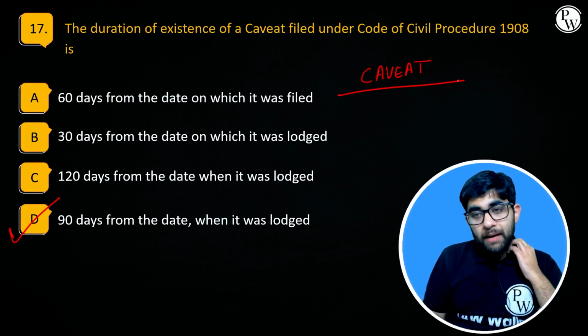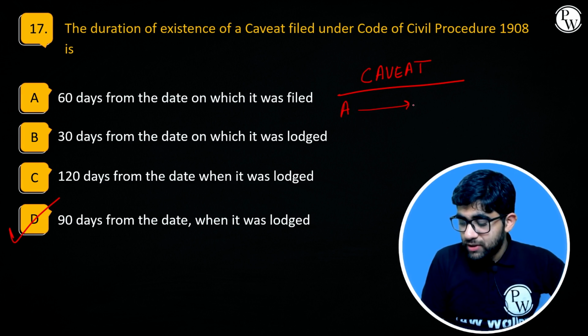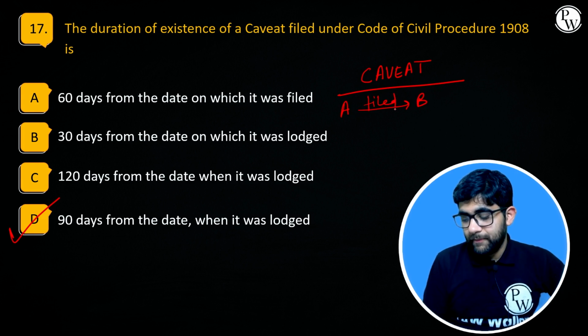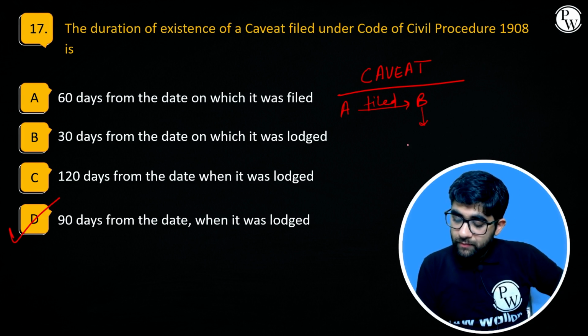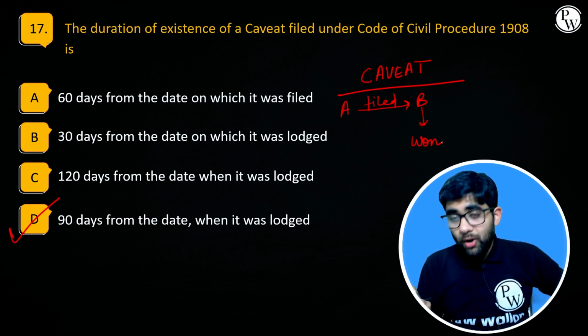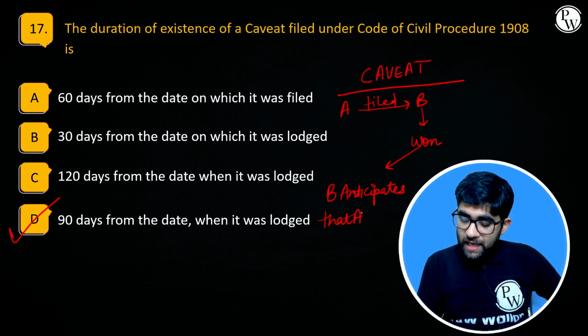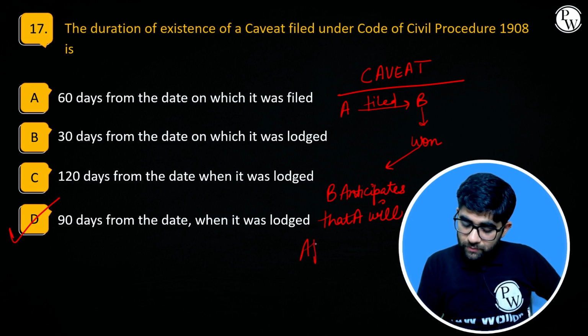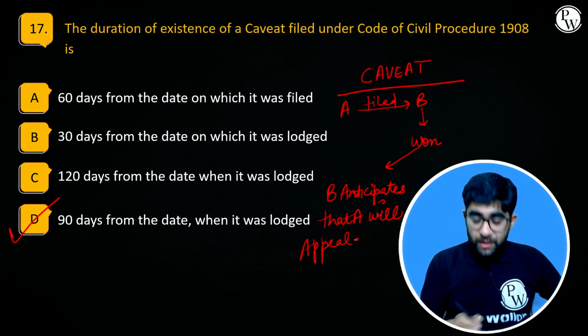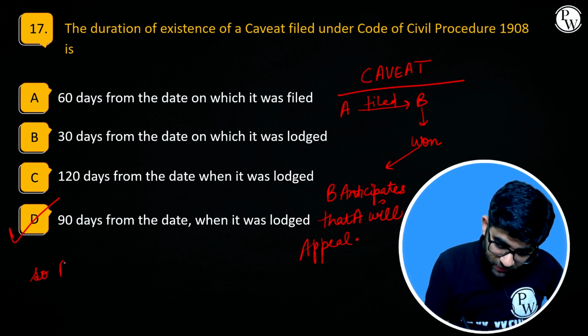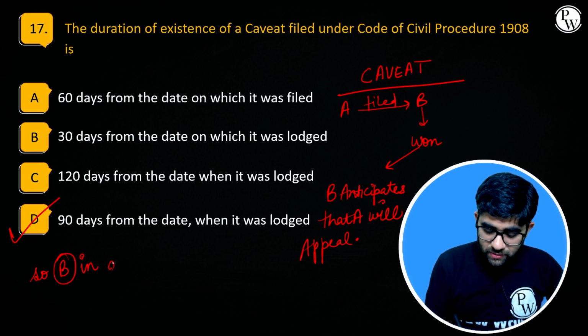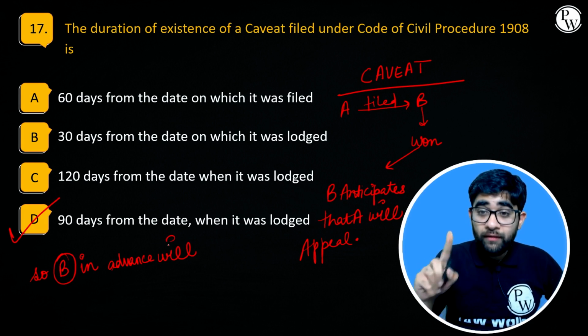Caveat means, for example, A filed a suit against B. ठीक है? B won. ठीक है? Now B anticipates that A will appeal, right? So B in advance will notify the court of appeal